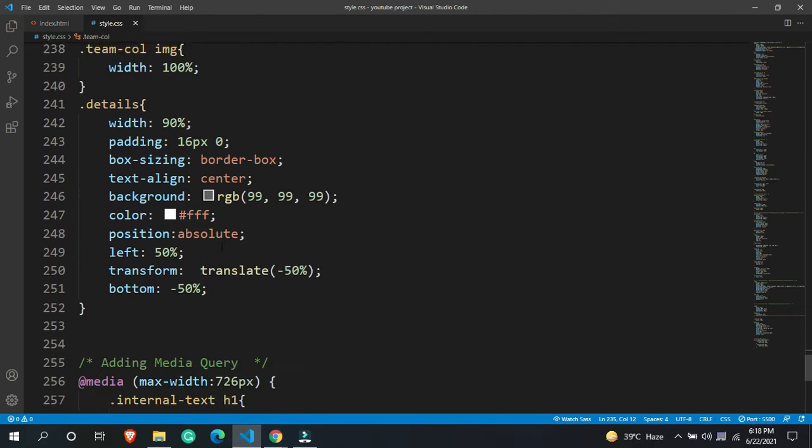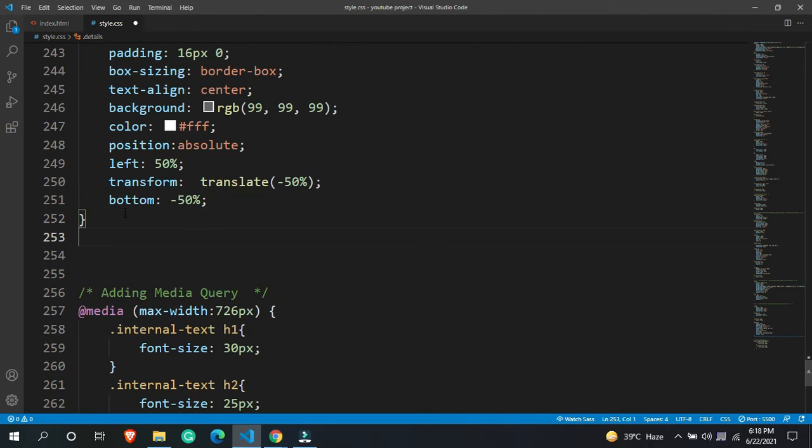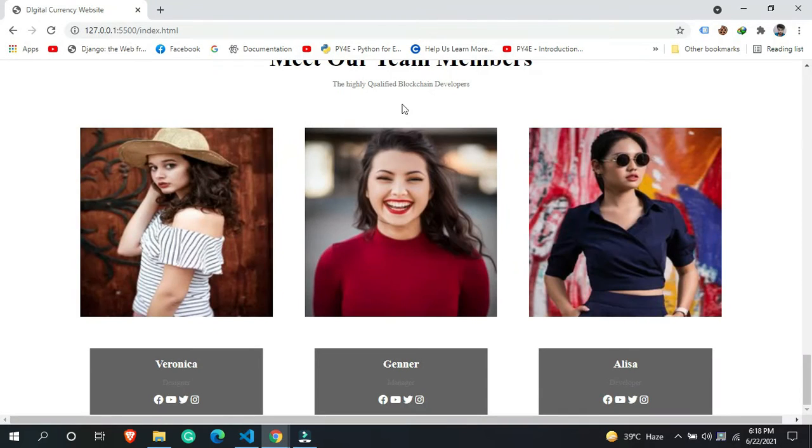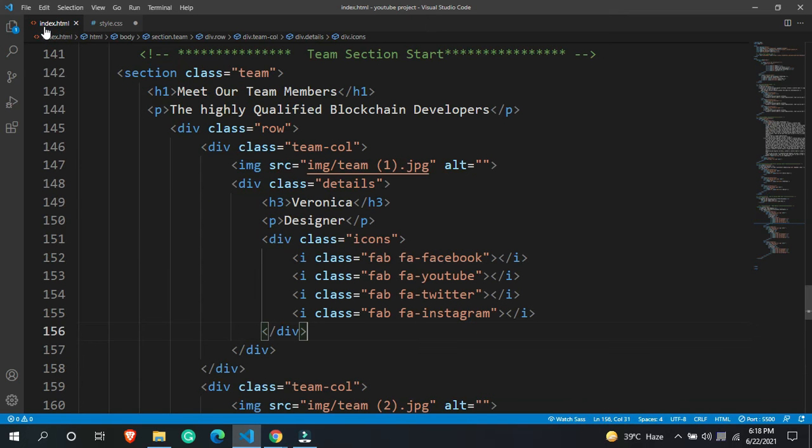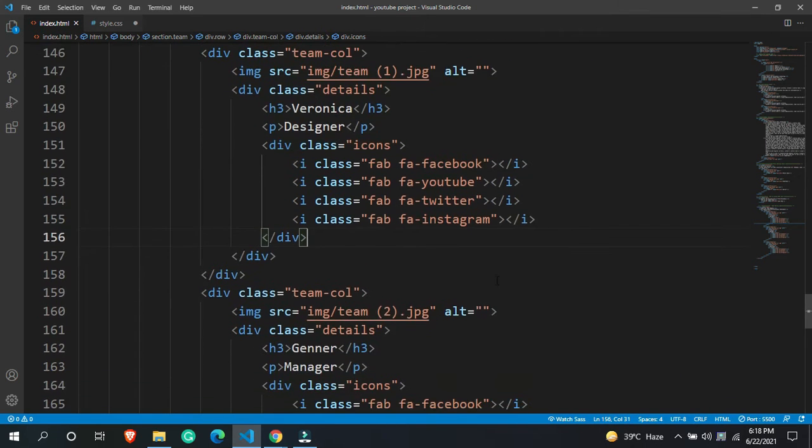So let's say I want to do some other changes as well. Let's say I want to change the picture color first. Let's change the picture color and saturate it. In order to change your picture color, what do you need to do? You just need to give a class to your picture.